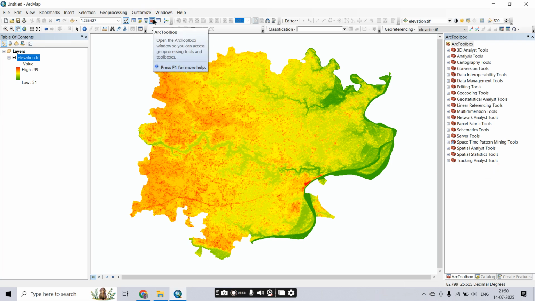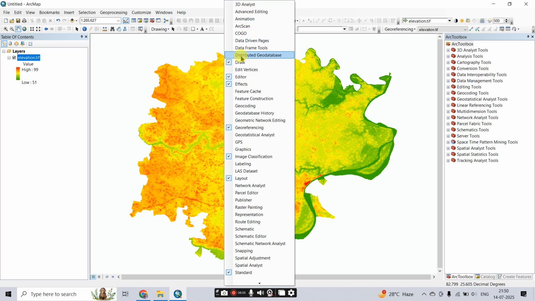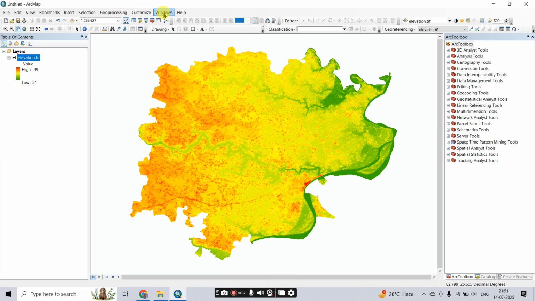And if you don't find ArcToolbox over there, just simply right click on that and you will find it. Different kinds of options are over there, and if you do not find it, then you have to add it. I'll show you how to add. Just simply click on the ArcToolbox option over there,